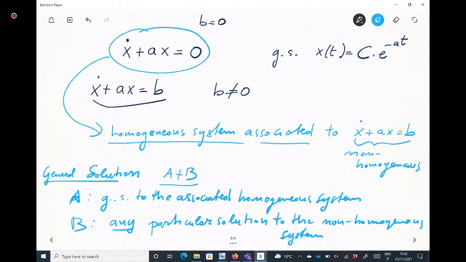Just find one solution among the infinitely many, then take the sum of the general solution to the associated homogeneous system and your particular solution that you found heuristically, and you have the general solution to your initial non-homogeneous system, okay? This works also in this simple case, because what is the general solution to the homogeneous system? It is this one. So in our example,